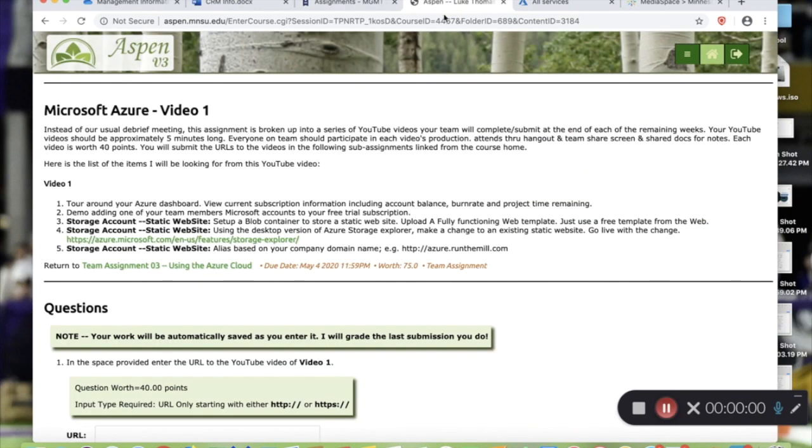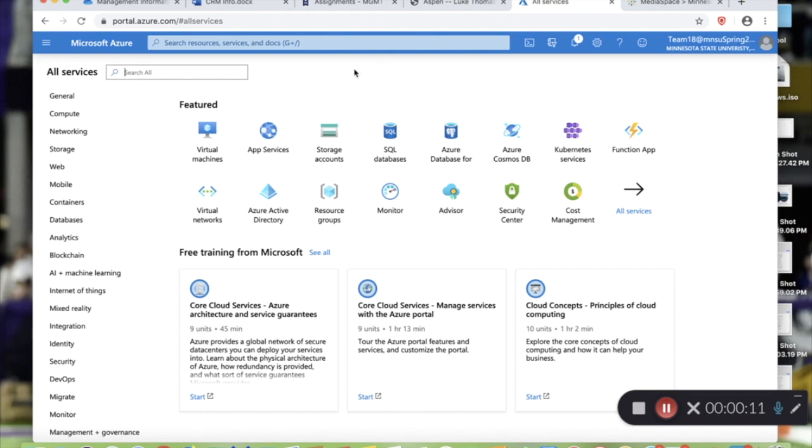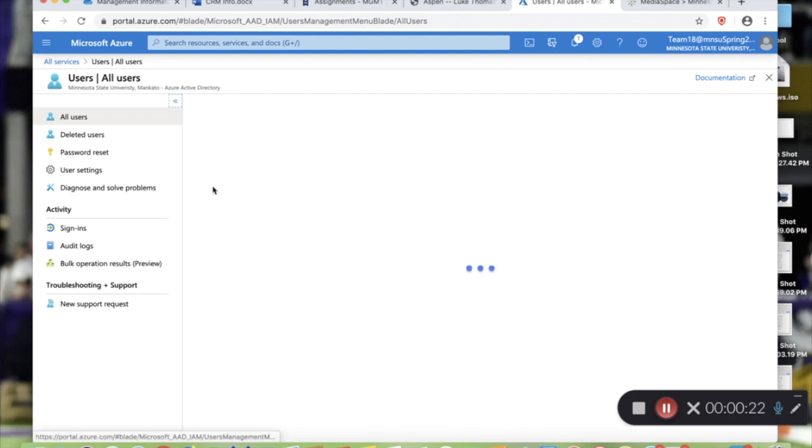We'll be doing number 2 here, demoing adding one of your team members' Microsoft accounts to your free trial subscription. So for that, we'll go into Azure, and I already have pulled up the Azure Active Directory, so you just got to go into the Active Directory and then type or search for users. So I will then click on users,